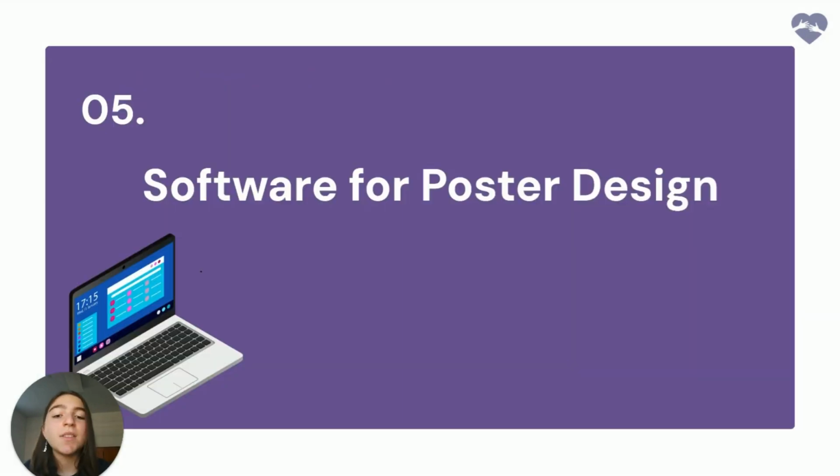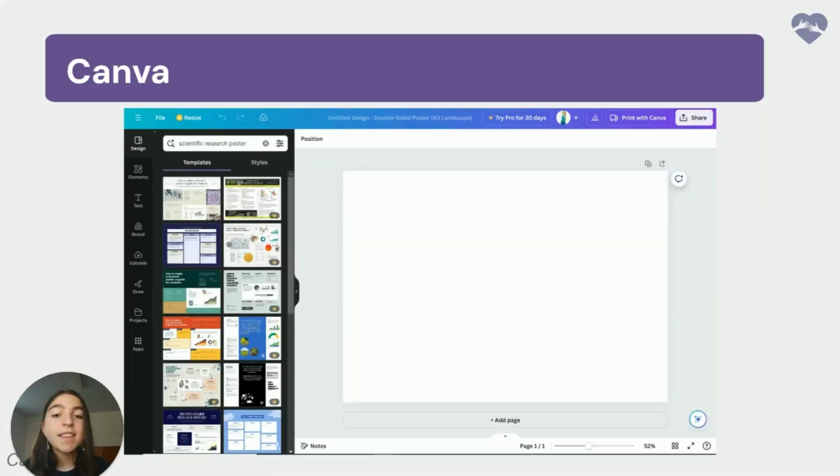We've been talking about all these images and graphs and designs, but how would we actually go about making them? Fortunately for us, there are a ton of digital resources around poster design. Canva is a great option for overall design. It also includes a few templates, as shown on the left of this picture, that you can base your poster